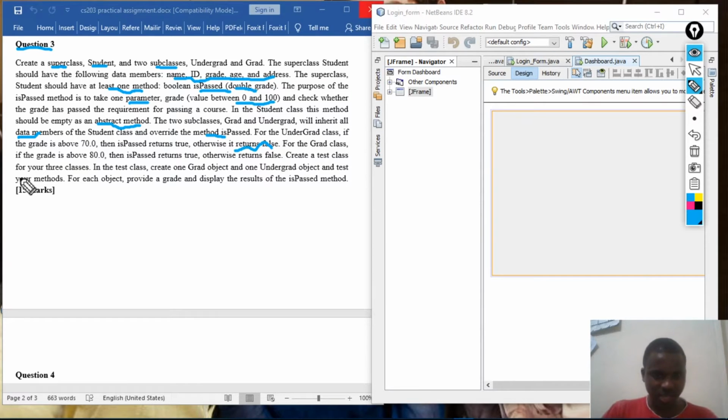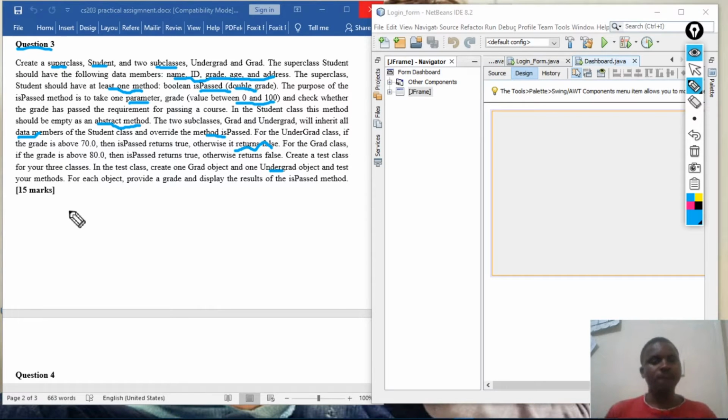Create a test class, which means we need another class, which is going to be the fourth class, called the test class. For your three classes, in the test class create one grad object and one undergrad object and test your methods. In the test class, that's where we are going to find our main method. Why? Because this is the class where the execution of this program is going to begin.